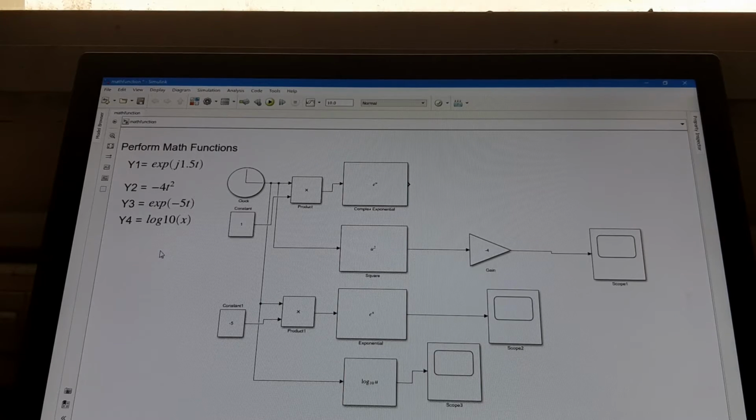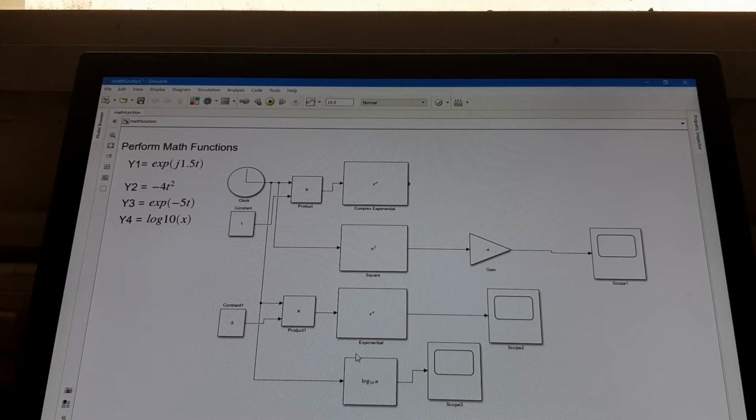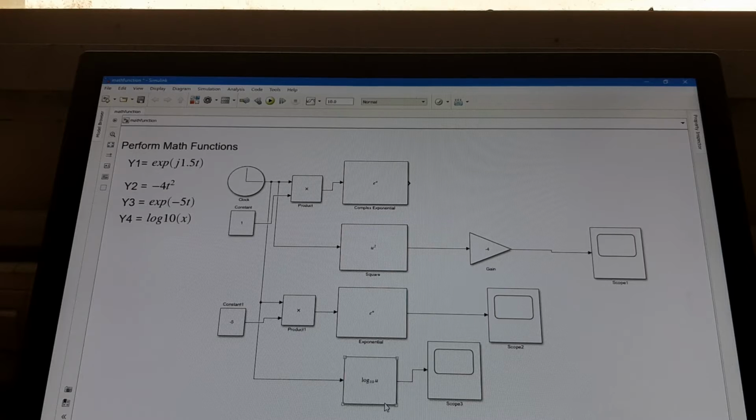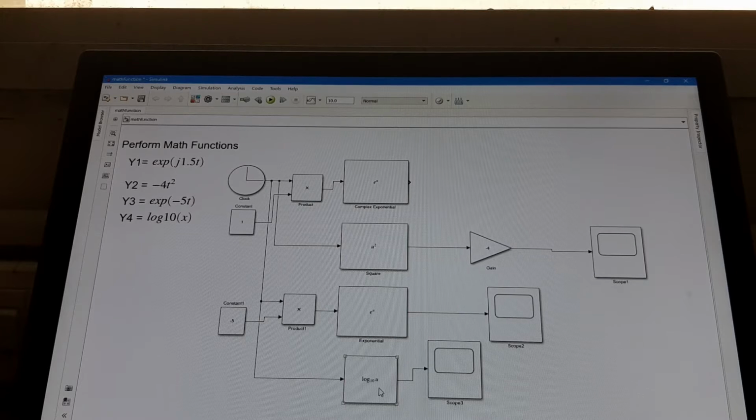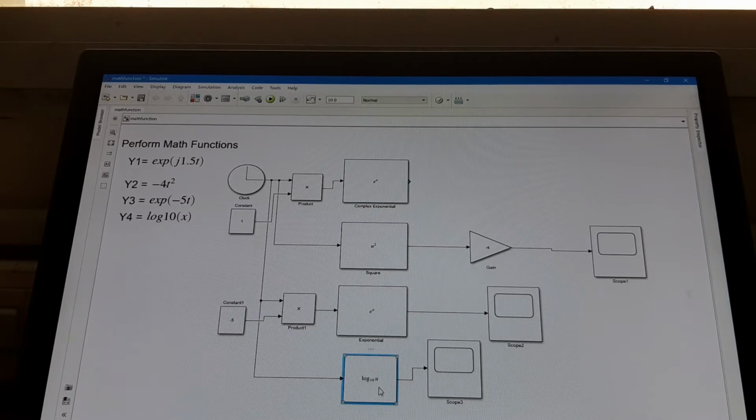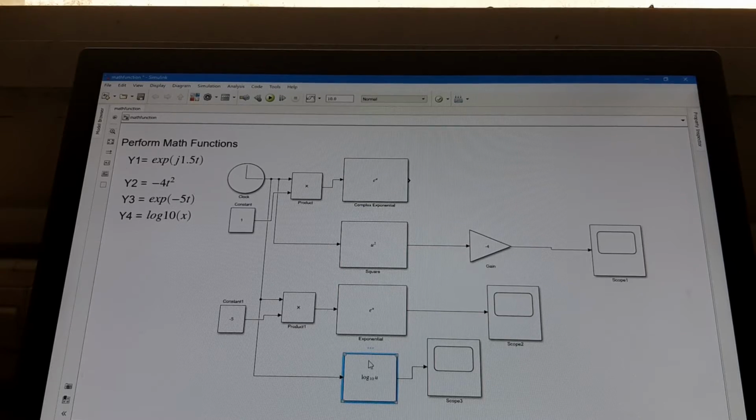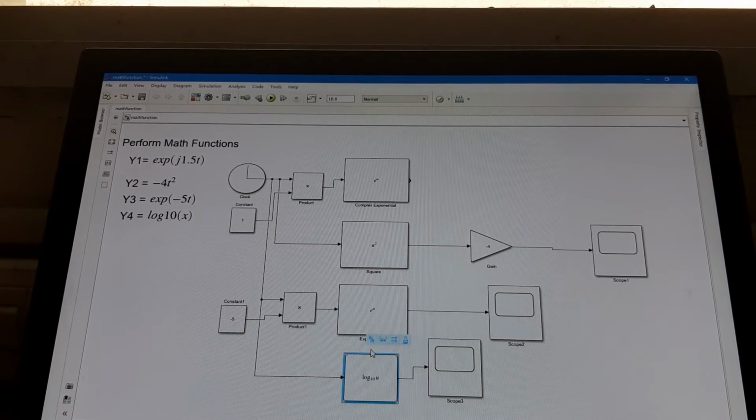Now, when we drop a block into the model window, it hides its name. So if we want to display its name, position your mouse cursor on the block and then press left key and release it. Now you will see 3 dots appear.